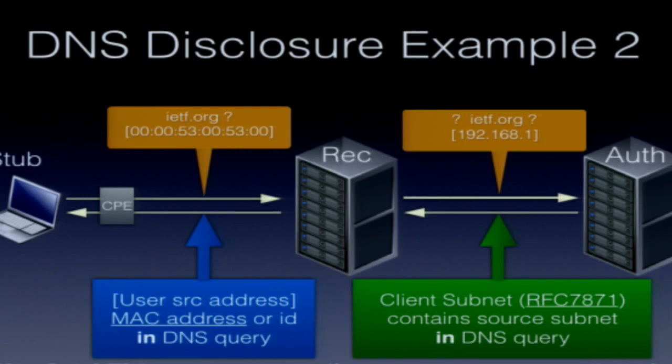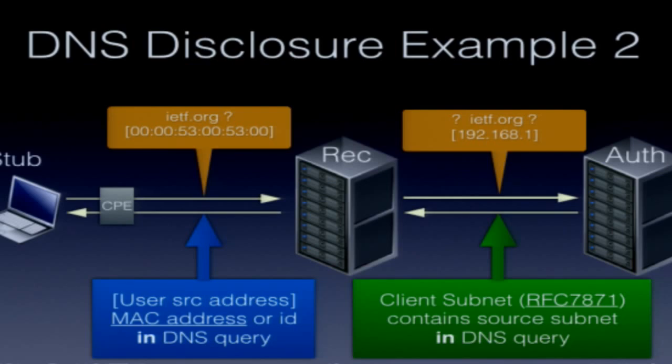So the way the user identification worked is that your ISP would give you a router, and very often that router would add in to the DNS queries as they came out of your home network information about you. That might be a MAC address. In some cases, it was observed that it was usernames or user IDs, something unique. And that meant they could do their filtering at the recursive, but it also meant that anybody who was passively monitoring that link could immediately correlate all those queries with the activities of individuals behind that router. So that could allow not only for identification of individuals, but tracking of individuals as well.